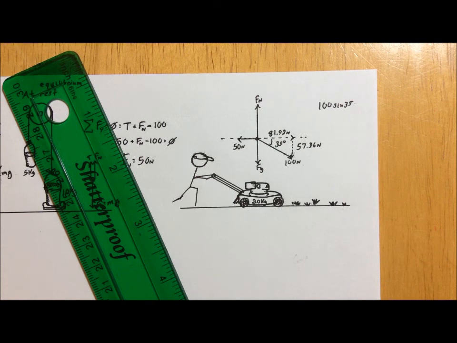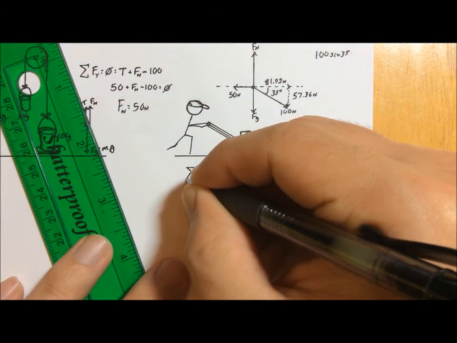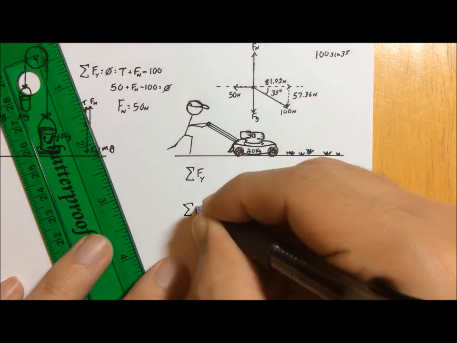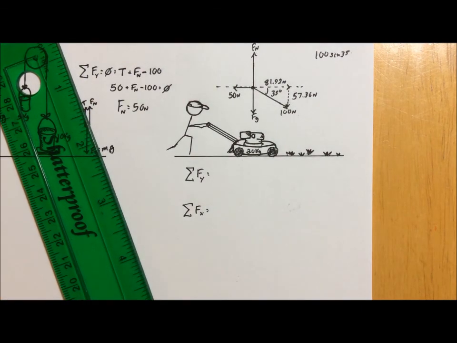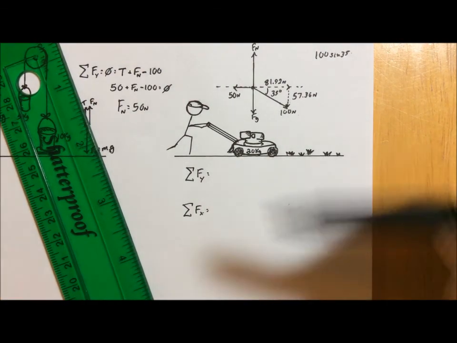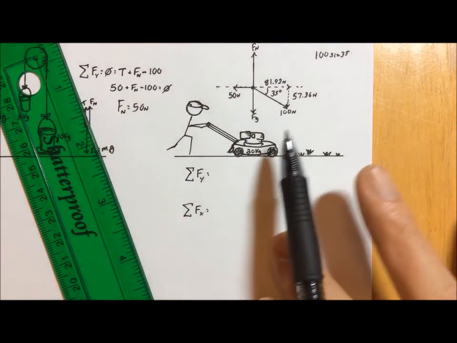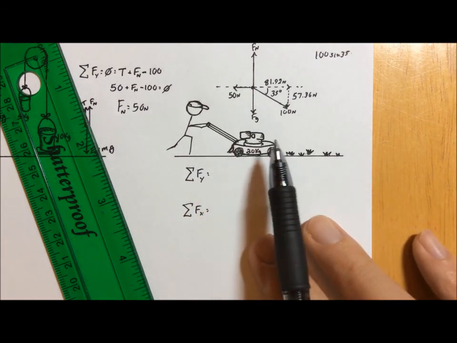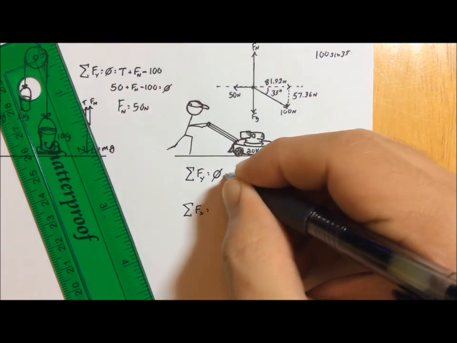And what we need to look at is what cancels out and what doesn't. We're working with 2 dimensions, so let's sum up all the forces in the y direction and all the forces in the x direction. And there's one guarantee. In the y direction, this vertical here, we don't want any excess force. This lawnmower is not going to go floating off, and it's not going to go through the ground either. We want this guy to get paid. He's going to go straight across. And so the sum is going to be 0 here.